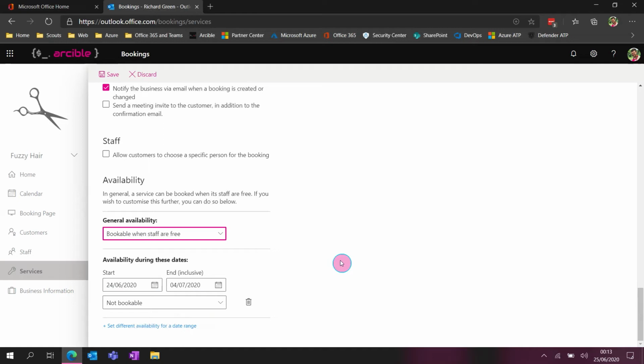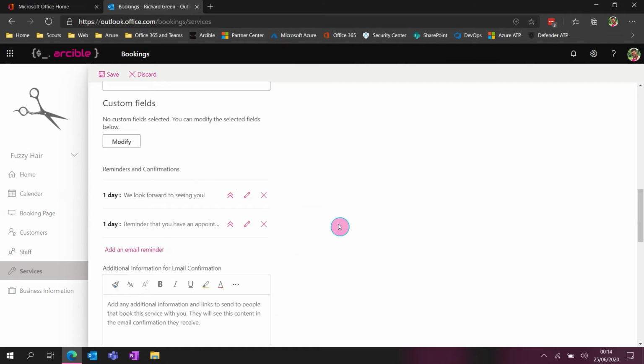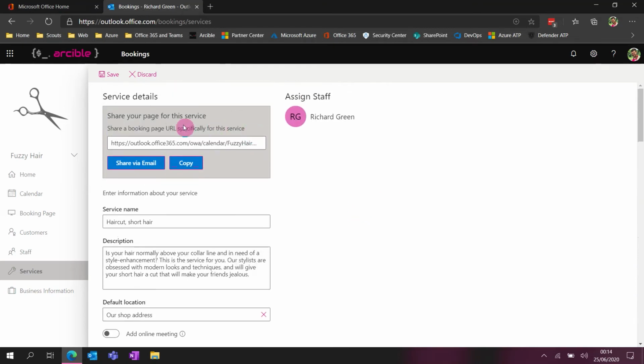And when we look at the calendar on the booking page in a minute, you'll see what that means is that the service will appear in the booking page. The service will be bookable. However, the customer won't be able to select any dates prior to July the 4th. Once you've filled out everything that you need on here, we can simply hit save,